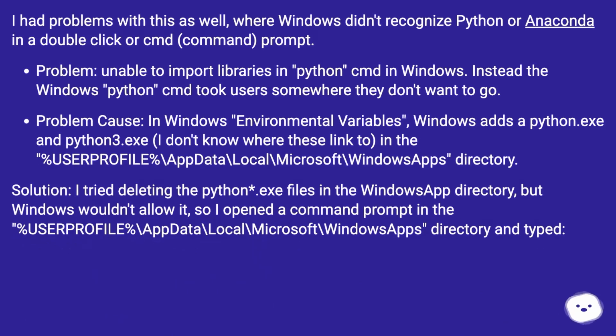I had problems with this as well, where Windows didn't recognize Python or Anaconda in a double-click or CMD command prompt. Problem: unable to import libraries in Python CMD in Windows. Instead, the Windows Python CMD took users somewhere they don't want to go. Problem cause: in Windows environment variables, Windows adds a python.exe and python3.exe. I don't know where these link to in the %userprofile%\AppData\Local\Microsoft\WindowsApps directory. Solution: I tried deleting the python*.exe files in the WindowsApps directory, but Windows wouldn't allow it, so I opened a command prompt in the %userprofile%\AppData\Local\Microsoft\WindowsApps directory and typed: